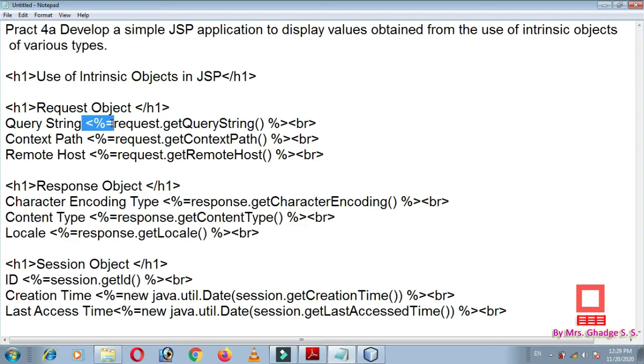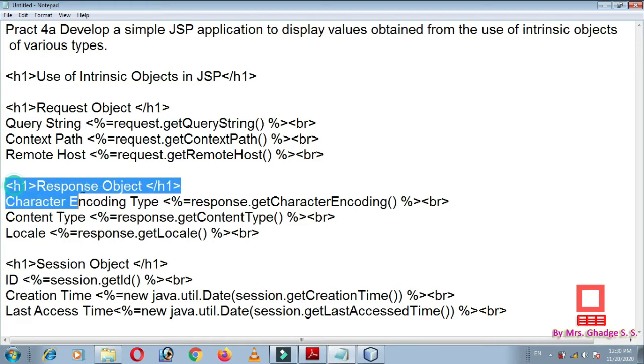This is nothing but the JSP expression which we use to display the output on the browser. So request.getQueryString will directly display the query string on the browser. Similarly, getContextPath will display the context path, and getRemoteHost will display the details of the remote host.